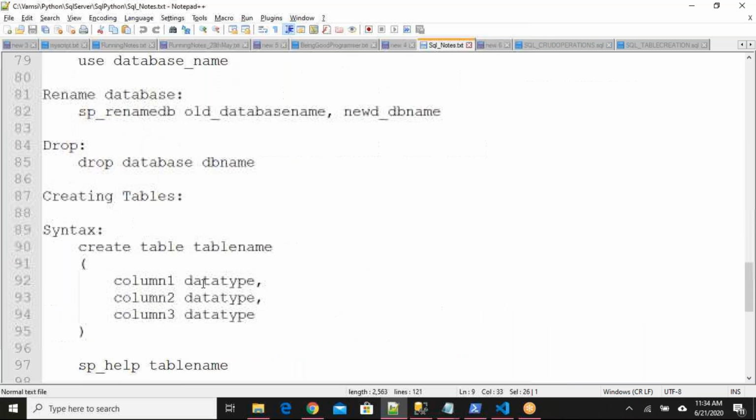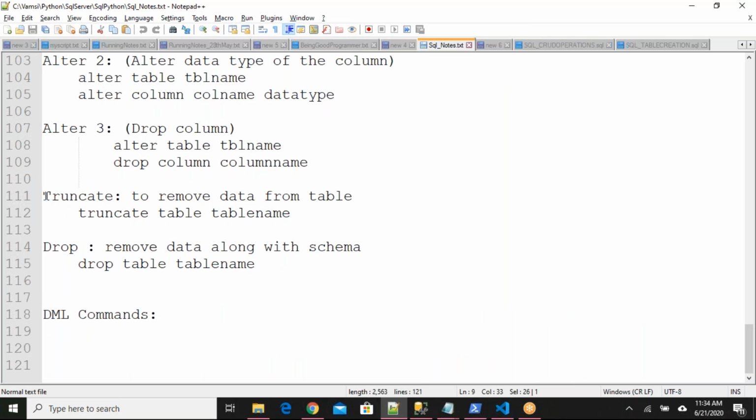As I mentioned, Harini, when you say truncate, it will remove only the data from the table. When you say truncate table TBL demo, it will delete the data. When you say drop, it will delete the data along with the table also. The entire table will be removed.